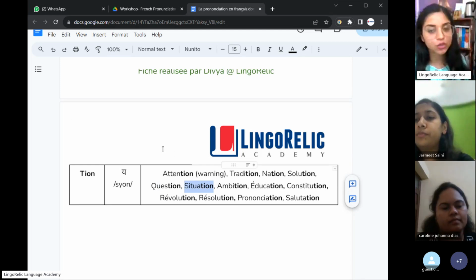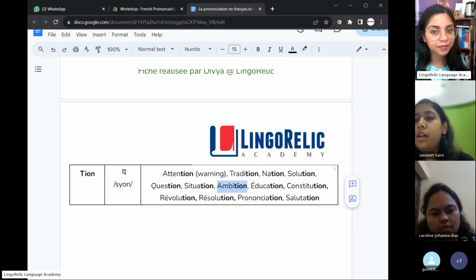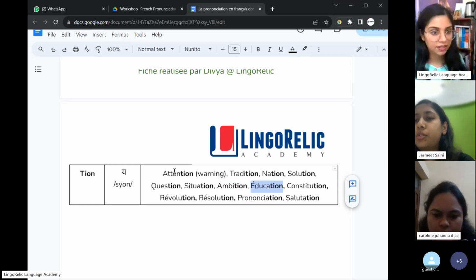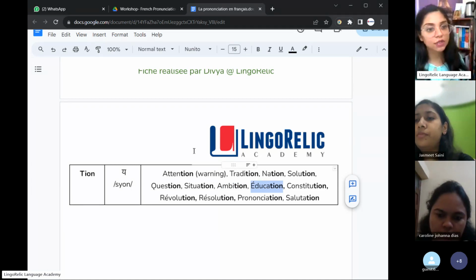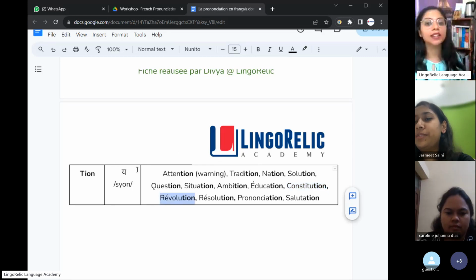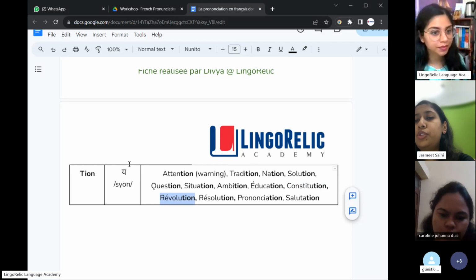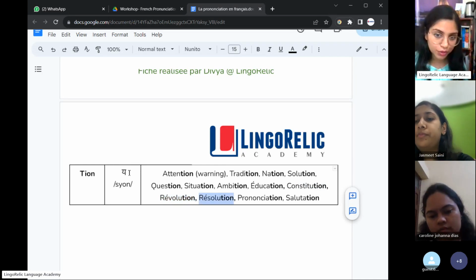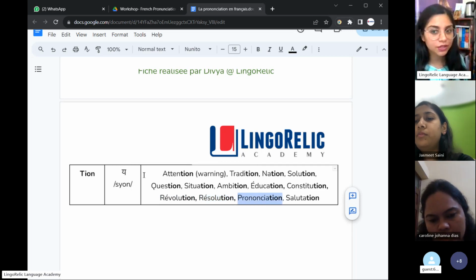Situation, oui. Then ambition. Ambition. Then education. Éducation. Then constitution. Voilà. Then revolution. Révolution. Then resolution. Résolution. And then